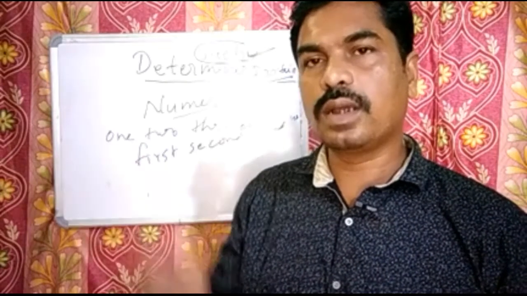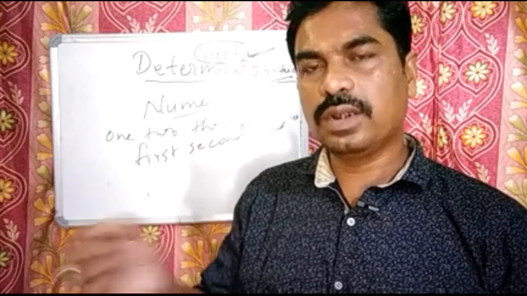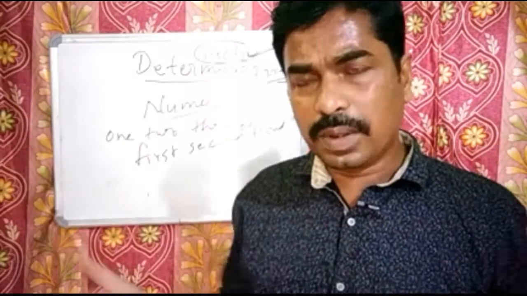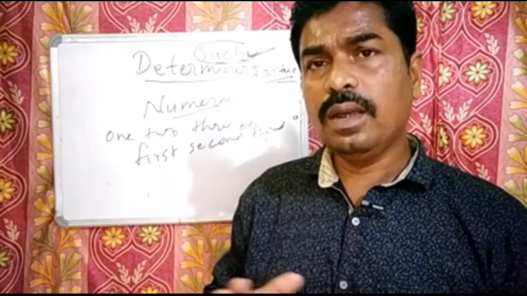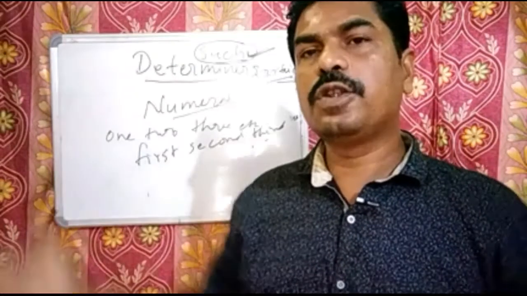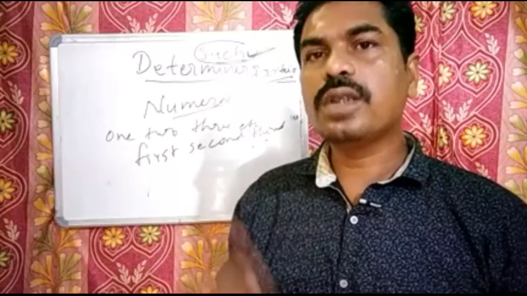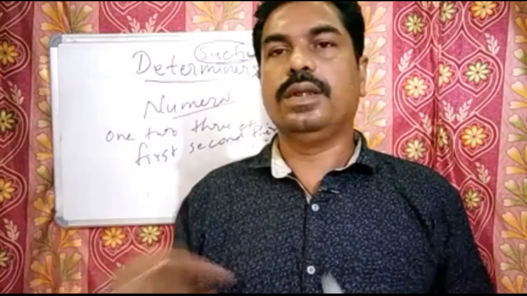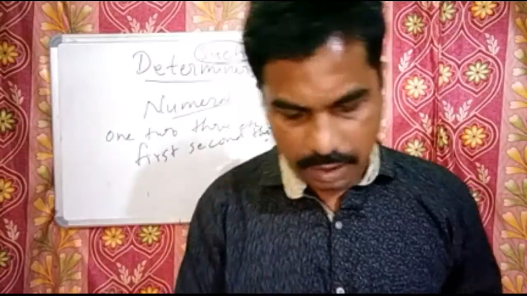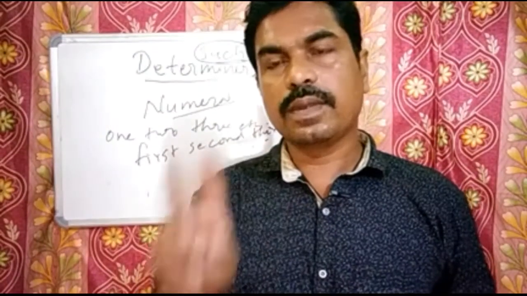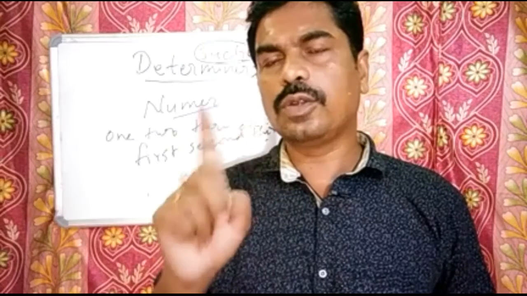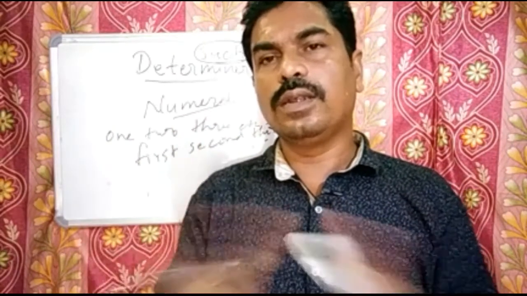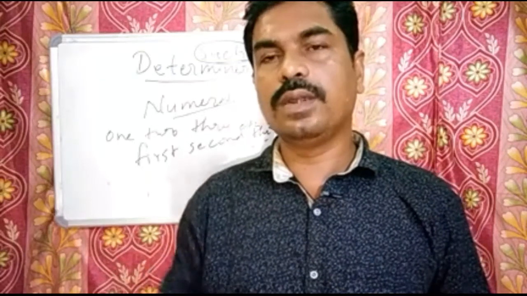Suppose each boy in the class was given a prize. You will use each when the number is limited. And when it refers to a very large group, then you will use every. Every Indian should love his motherland. So when the limit is more, you will use every. Either means you are talking between two, and you talk about one of the two. And when you say neither, you talk of two and none of them. Neither he nor his brother was present.